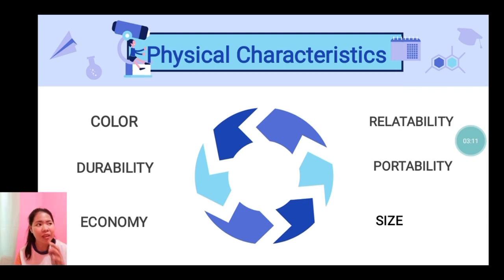For design, for example, Arial, Tahoma, and Verdana are appropriate to use. The next is size. Size is very important when creating a PowerPoint presentation, and we need to use size 24 for the title, and the body should be 16